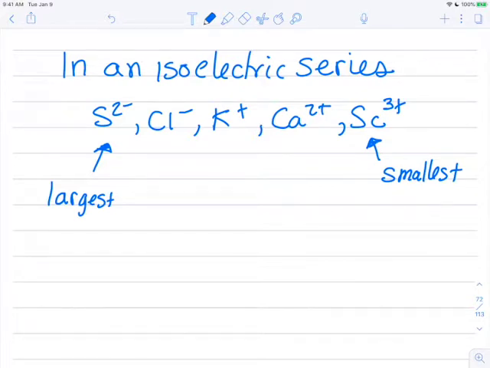So the reason, again, is based on the number of protons in the center, that the most positive one will have the greatest number of protons. It's the furthest down on the periodic table, so it's better at reining in those electrons. But what I'd like you to know is in an isoelectronic series, the size is going to be the largest for the most negative and the smallest for the most positive. So the radii or the size